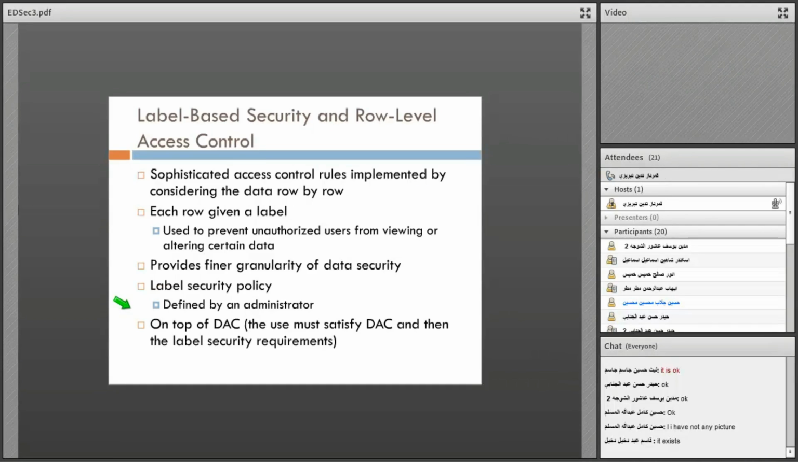Label-based security and row-level access control. Sophisticated access control rules implemented by considering the data row by row. Each row is given a label used to prevent unauthorized users from viewing or altering certain data. Like the poly-instantiation that we had before,